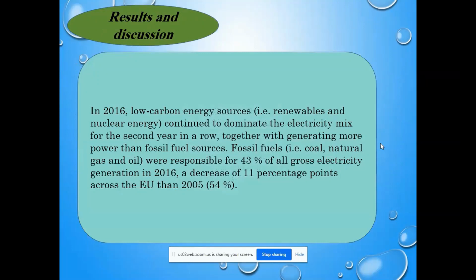Because of the time limit, I skipped a lot of parts of this research. I will try to show just graphs, results and maps, which I think is better to understand.